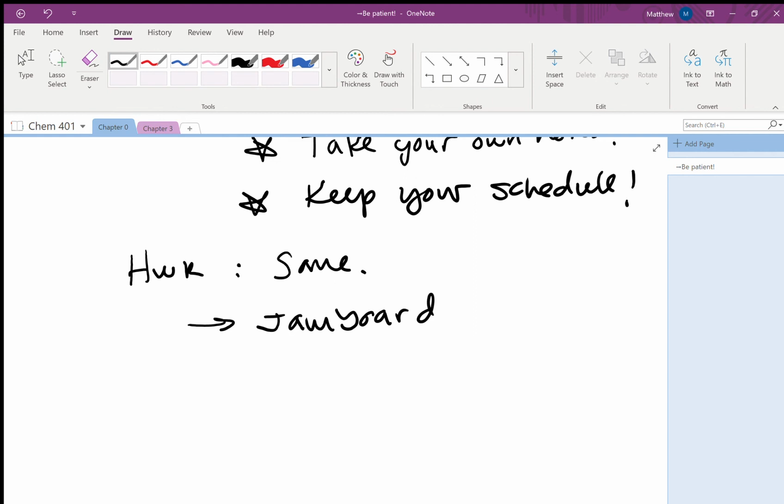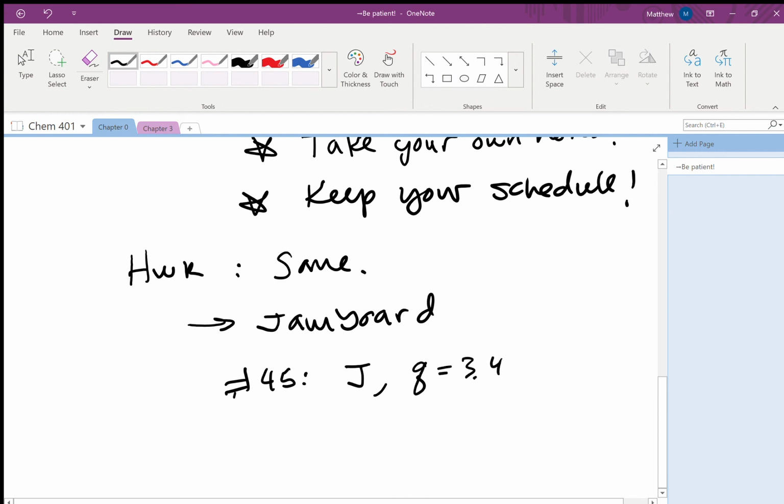So you guys will be able to post on there, for example, hey, I'm having trouble with number 45. Dr. McD, can you walk me through it? I can't figure out the stoichiometry or whatever the problem is. I can go into Jamboard and write something out just like number 45. Okay, we have the amount of joules. We have Q is equal to 3.425 joules. We need, I don't know, whatever. I'm just making stuff up. We need delta H. Okay, and from there I can work it out just like I would on the blackboard, and then you all will be able to see all of those solutions.